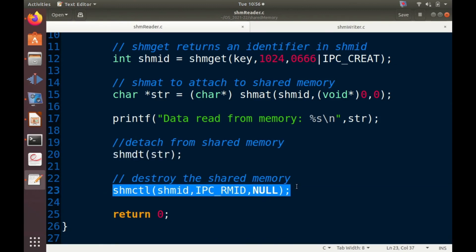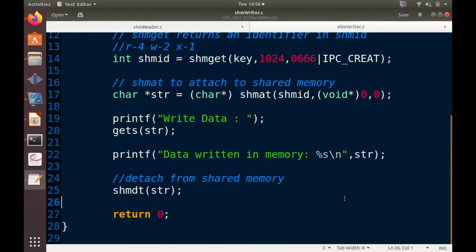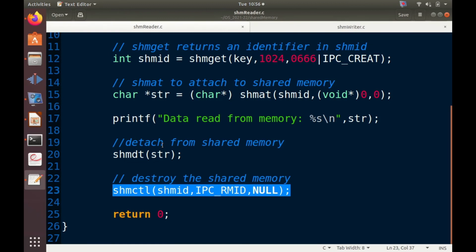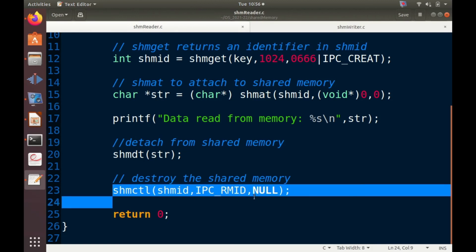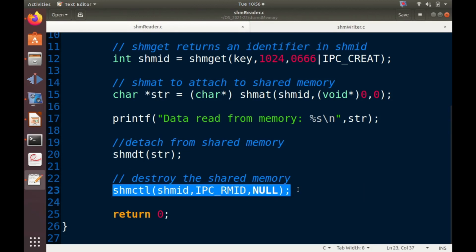First we will run the writer program, where the user writes data into shared memory, then we will run the reader program, which reads the data from shared memory. Then our task of shared memory is completed, and here we are destroying the shared memory. Okay, now let us run these programs.